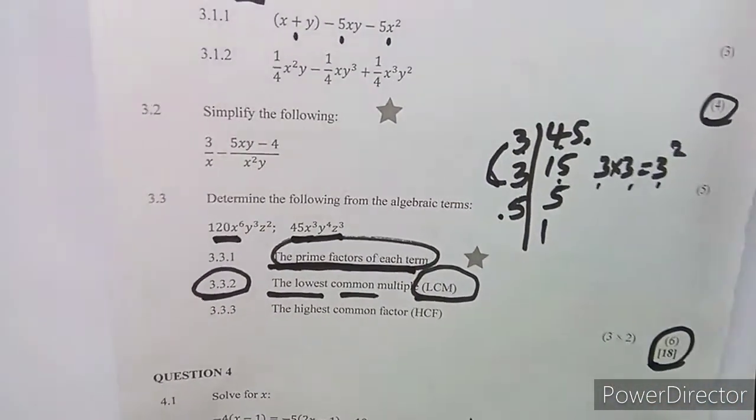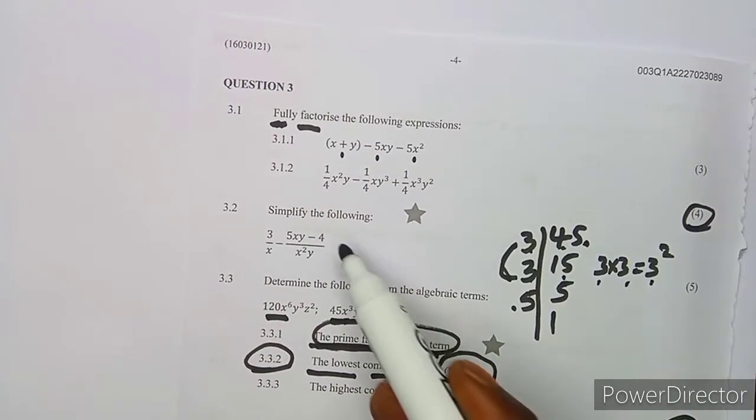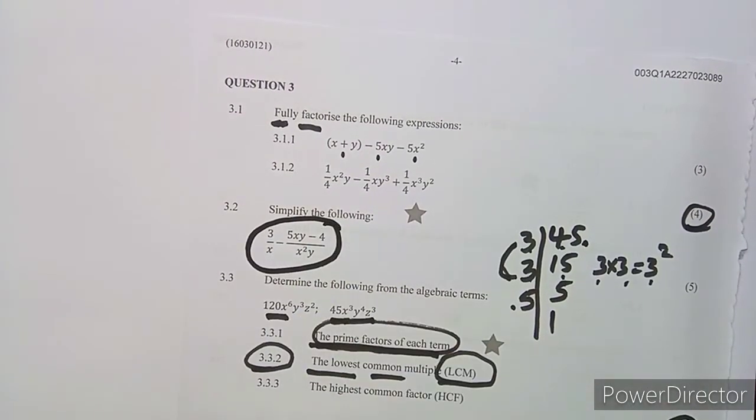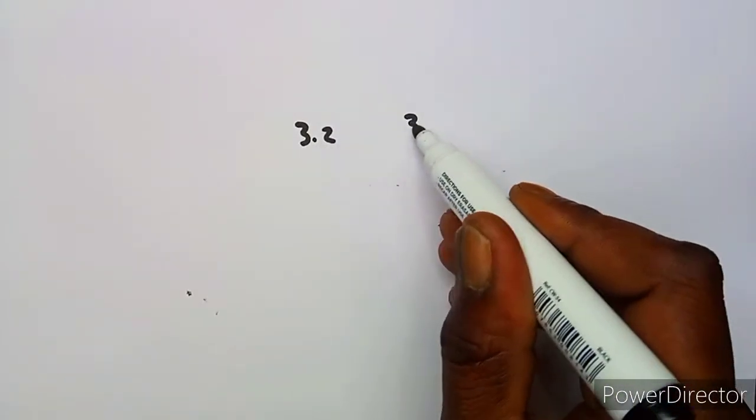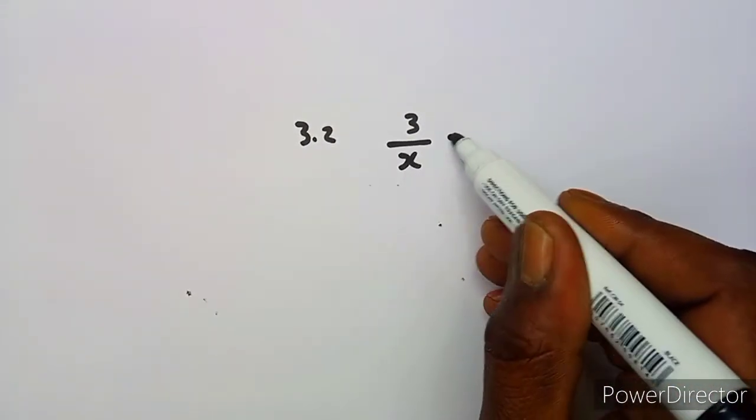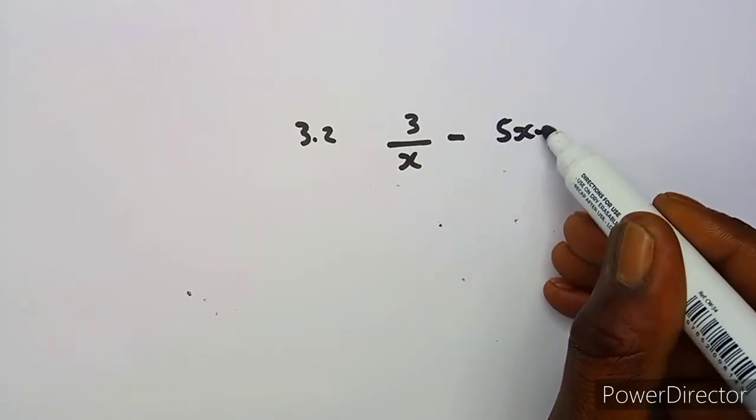Guys, I'm seeing that I left this question here. Oh guys, this one, I didn't talk about this question. Actually, I left this question, I don't know how. Okay, anyways, let's just see that part. On 3.2, I'm seeing this question. We didn't do this question actually. All right,